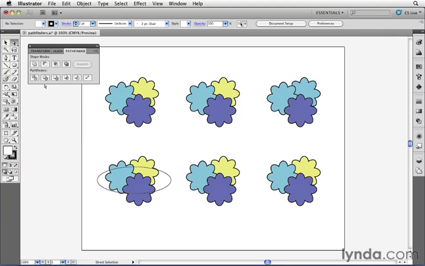Let's now talk about the second pathfinder called trim. So in this case here, I'm going to select these 3 elements right here. Again, they're the same 3 overlapping flowers right here. I'm going to choose trim, and the first thing you'll notice is that the stroke attributes have gone away. So the first thing that trim does is it gets rid of the stroke, and it also trims the objects